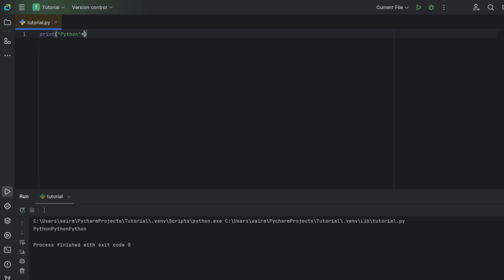Now, let's try something different. If we try to replicate it with 0, and if you run it, we can see it prints an empty string. Now let's try with a negative integer, -1. Once again, it prints an empty string. So it can be understood that a number less than or equal to 0 produces an empty string.